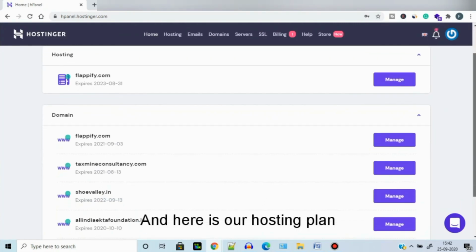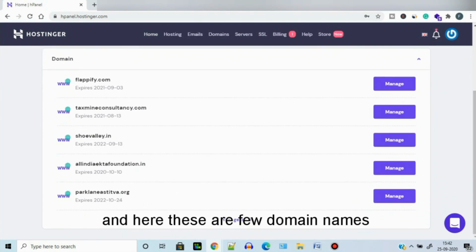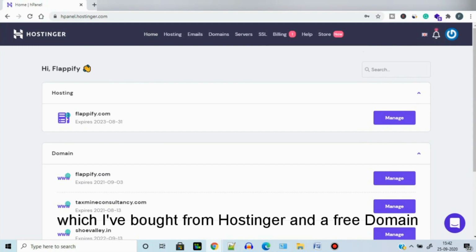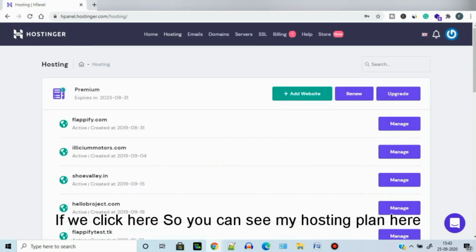And here is our hosting plan, and these are a few domain names which I have bought from Hostinger, and a free domain. If we click here, you can see my hosting plan.